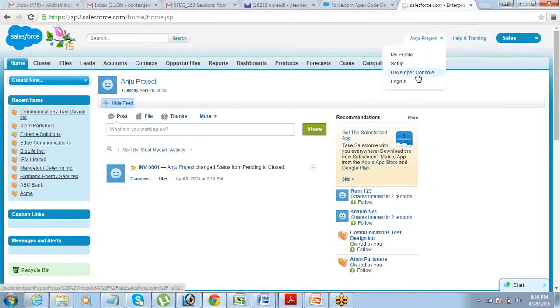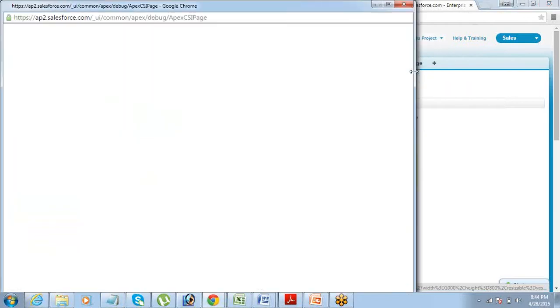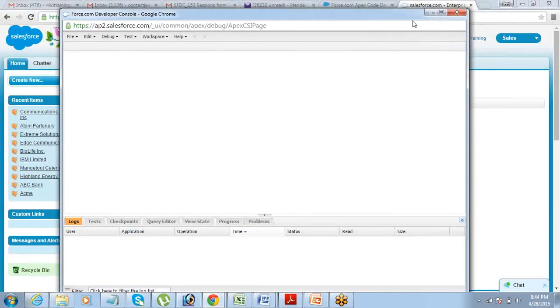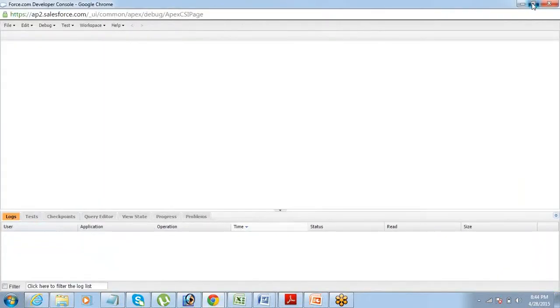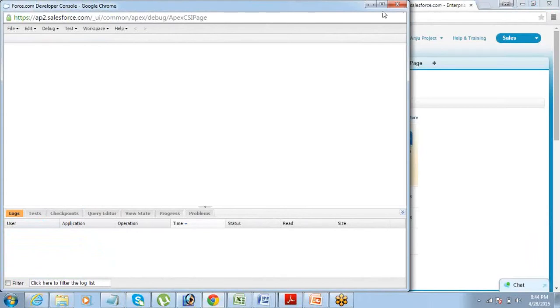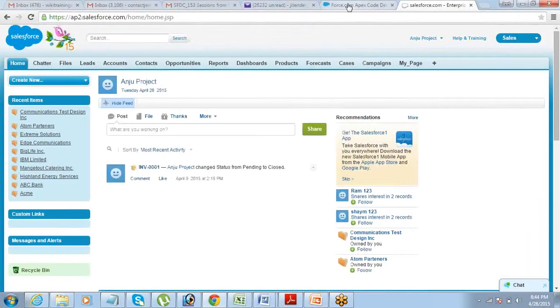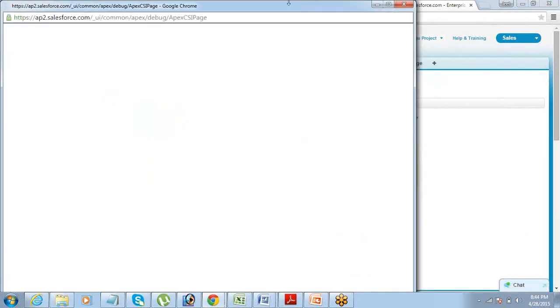So you can use developer console to write that anonymous code block. This developer console is again one platform which you can use for doing a lot of things related to your coding. You can test your code, you can debug the code. So a lot of things are available. For accessing the developer console, you just need to go to your setup and then developer console. It opens up,